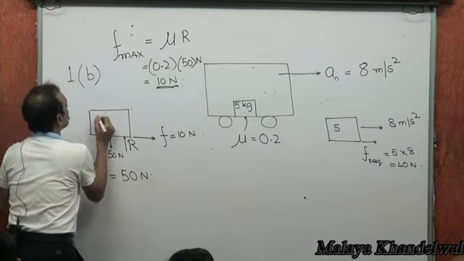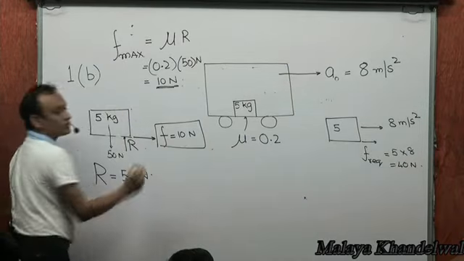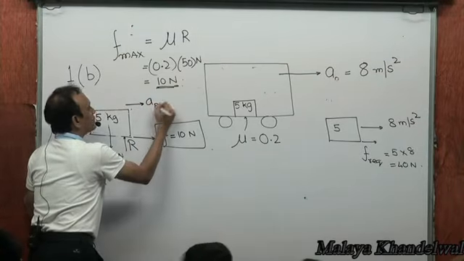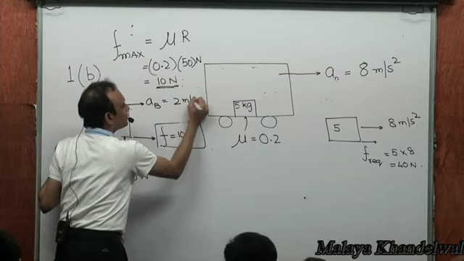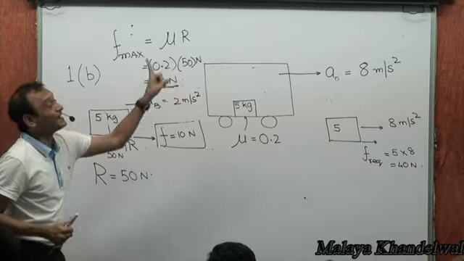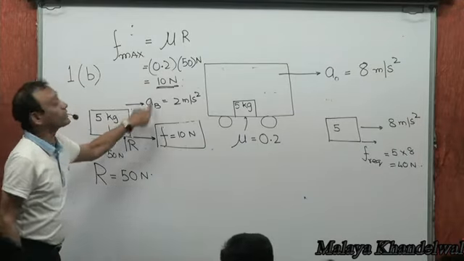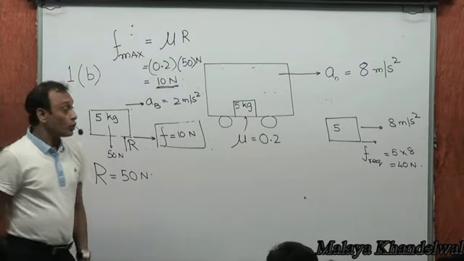So then this is the 5 kg block being supported by a 10 Newton frictional force to the right, causing the block to have a rightward acceleration of 10 by 5, 2 meters per second squared to the right. Yes or no? The cart has a rightward acceleration of 8 meters per second squared. The block has a rightward acceleration of 2 meters per second squared. Yes or no? Which means